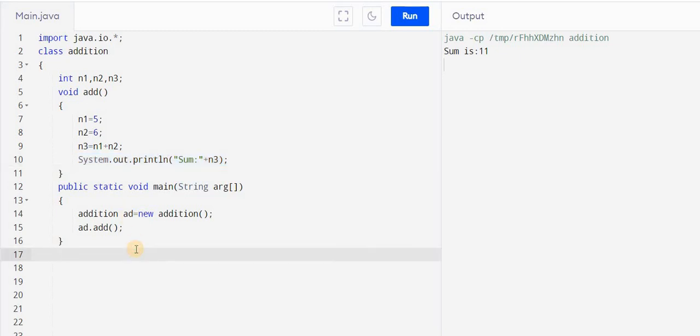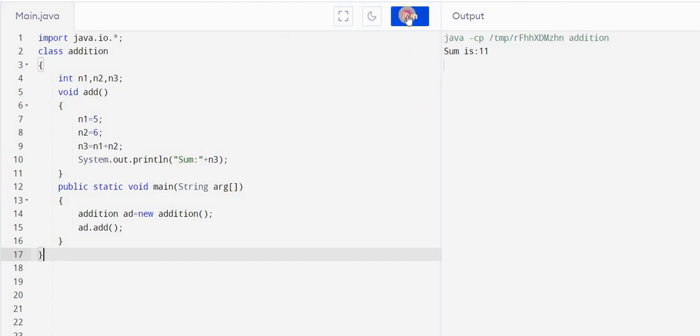So follow this particular structure of programming when starting with Java, because once you get comfortable with programming, you can go for any format. You can write two classes, create an object for the first class, and write anything. But as of now, as a beginner, it's good to practice this method so that you can learn it very easily. First write the class, then inside the class first make the declaration, then write the methods, followed by main, and then create the object and access that particular method. So make this a practice.